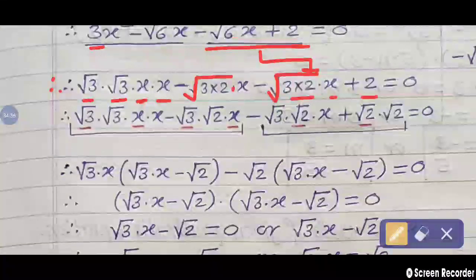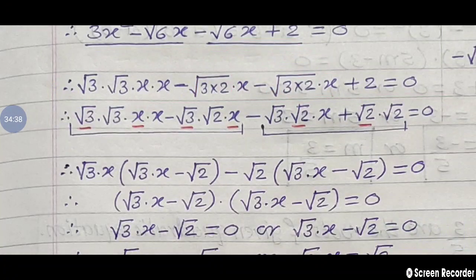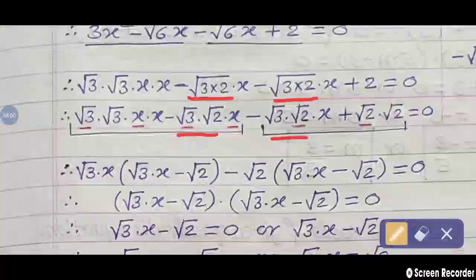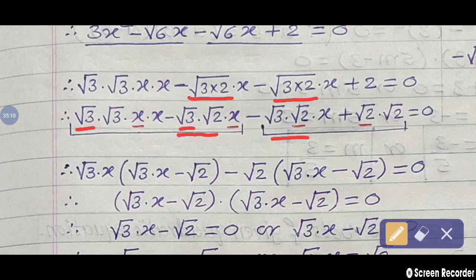Now, in the next step, inside the square root, 3 twos are both the numbers in square root, so that we separate the root. See here, in square root 3 multiplied by 2 means root 3 into root 2. We are separating the square root. Same here also. Clear? And then what is common in the first two terms and the next two terms? So root 3 is common. Check. Again I will show it properly.